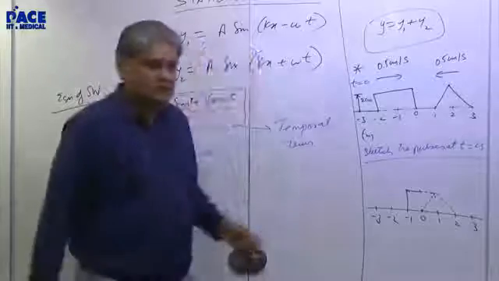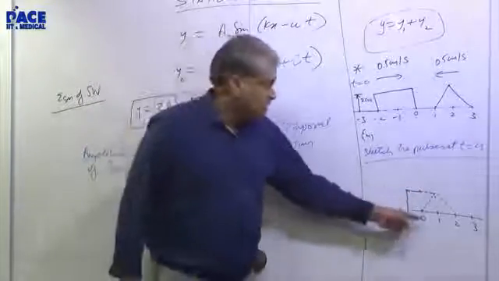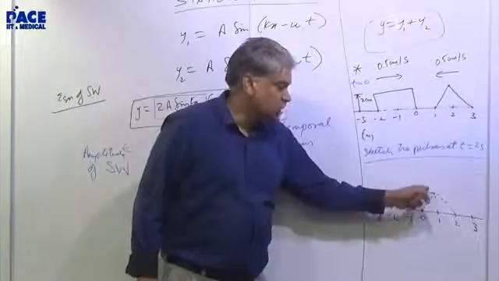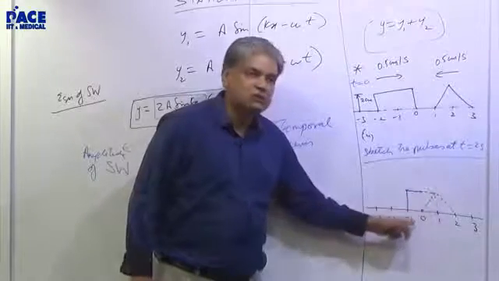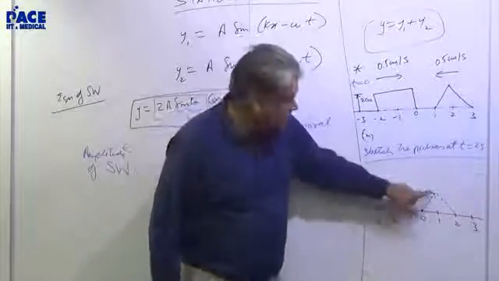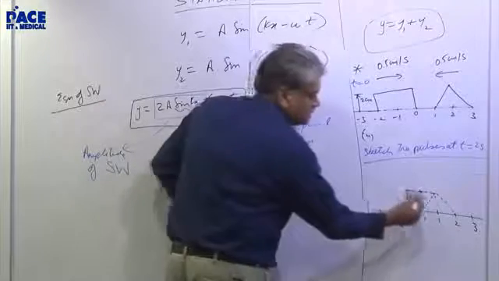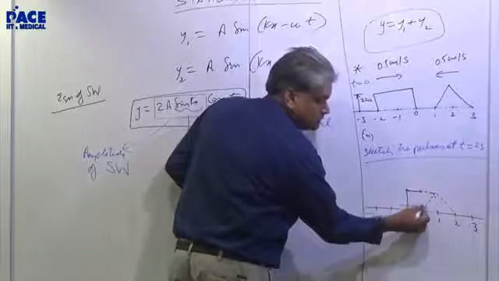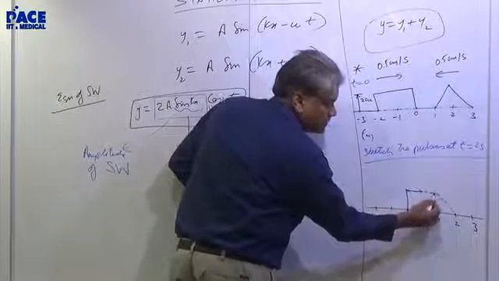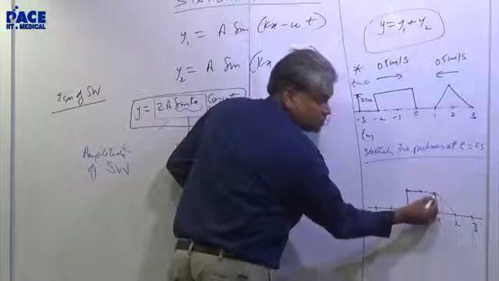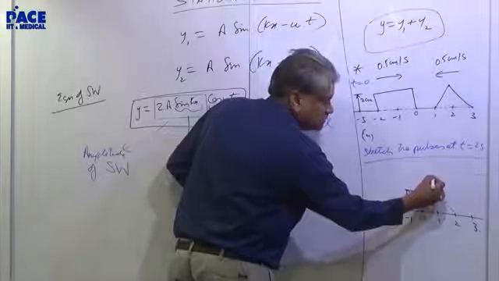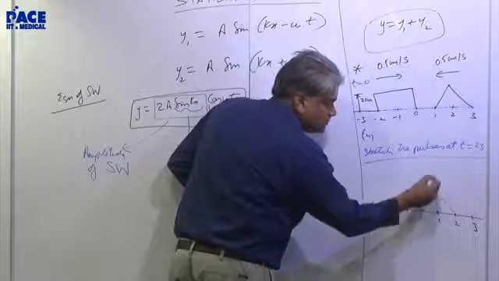You don't have anything else, that is only the square pulse. Between 0 and 1, both the square pulse portion and the triangle exist. So this line, what's the value here? This is 2 and this value is 0. So it starts here. What's the value here? This is 2 and the value of the triangle is also 2. So 2 plus 2 will be 4. So this portion will be like this.